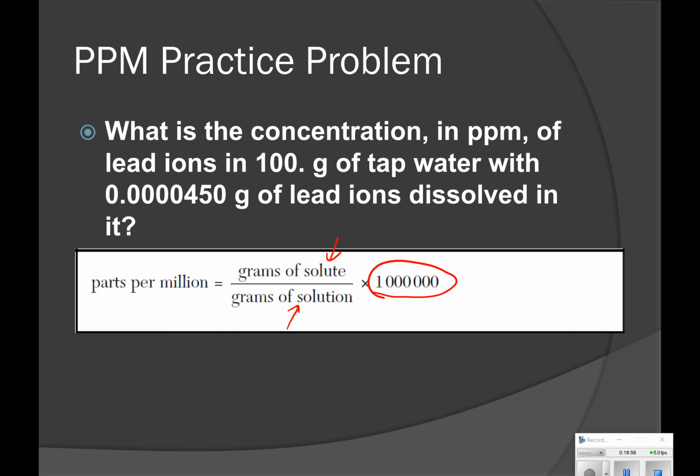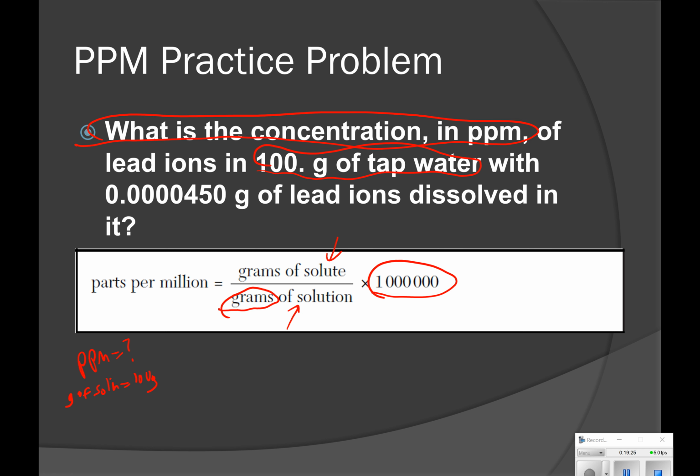So a quick little example here. What is the concentration in parts per million? So this is what we're looking for. We're looking for ppm, concentration in parts per million, of lead ions in 100 grams of tap water. So that's the total grams of solution, 100 grams of tap water. So grams of solution is 100 grams, and we want grams,